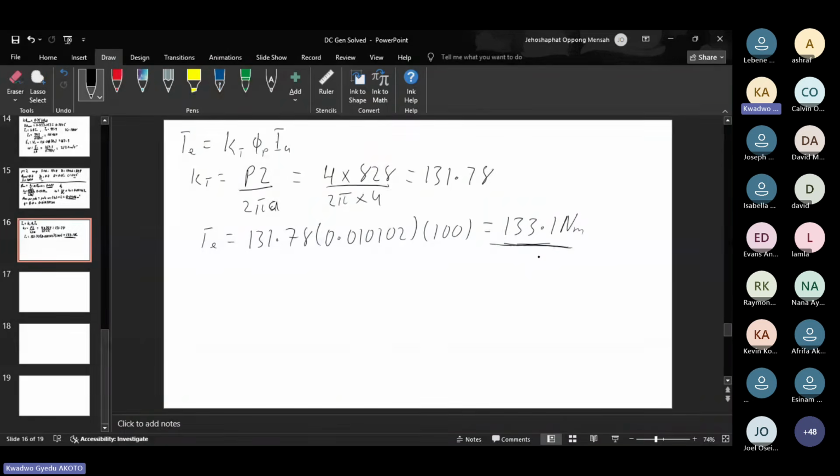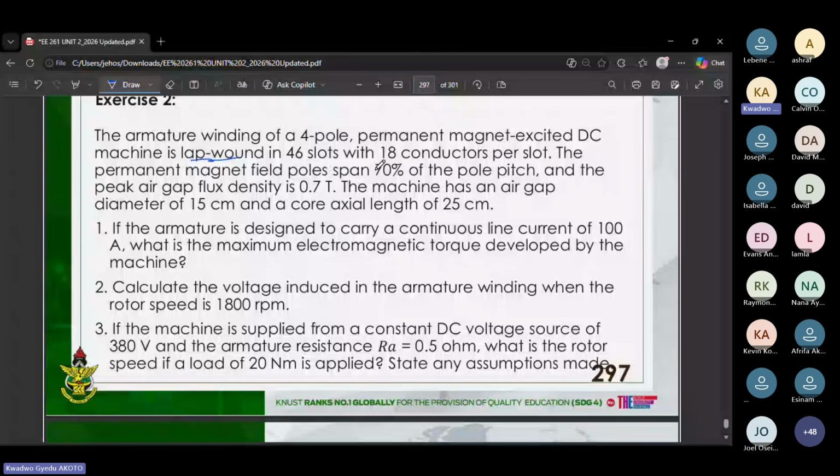And then our second part. Now let me show you how. Our second part says calculate the voltage induced in the armature winding when the rotor speed is given. So we know that